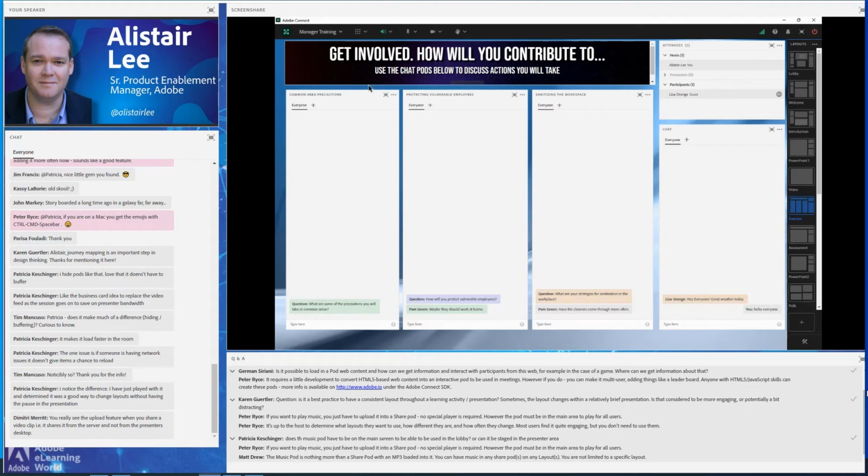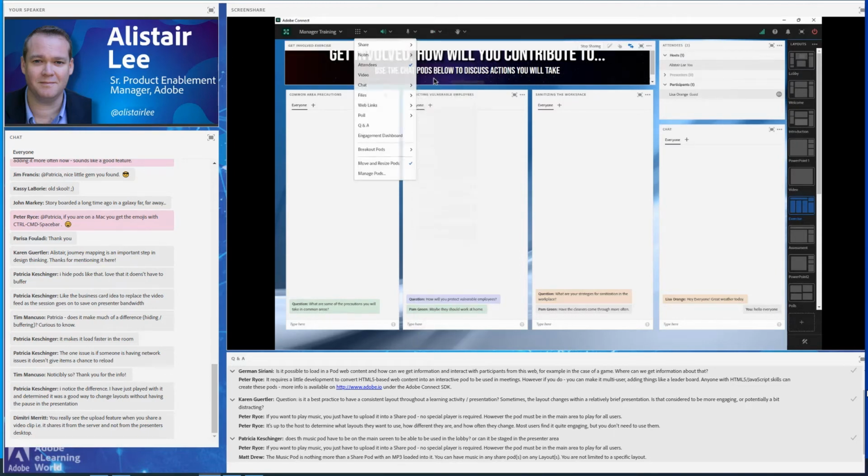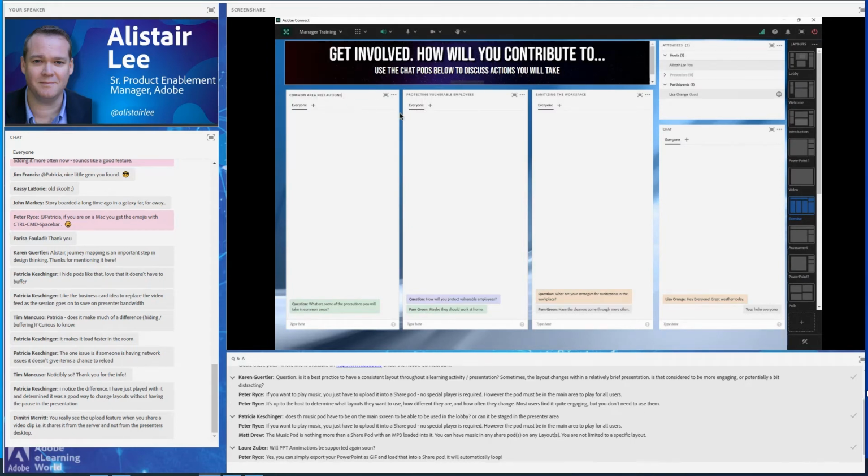And this doesn't take much work. This is a chat pod. It's something that's really easy to add on, simply by going up to the pods menu, down to chat and saying add a new chat pod. But I'd really encourage you to do this. I'm renaming the chat pods, by the way, simply by double clicking on the title. And I've turned this into a much more effective exercise than if I was just on a slide and I asked people how they were doing this and they all just started using the vanilla chat pod on the layout.